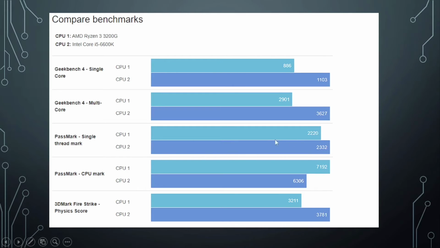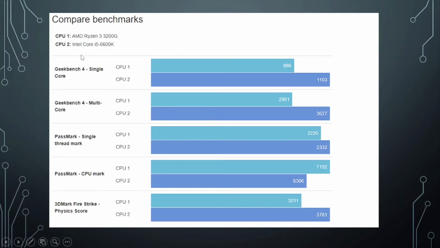We can still see that the Core i5 is the leading one with 2332 points. And using the PassMark CPU Mark, we can see the difference here, whereas the Ryzen 3 is the leading one, which has 7192 points. And next, we will see the 3DMark Fire Strike Physics score, that the Intel Core i5 is still the